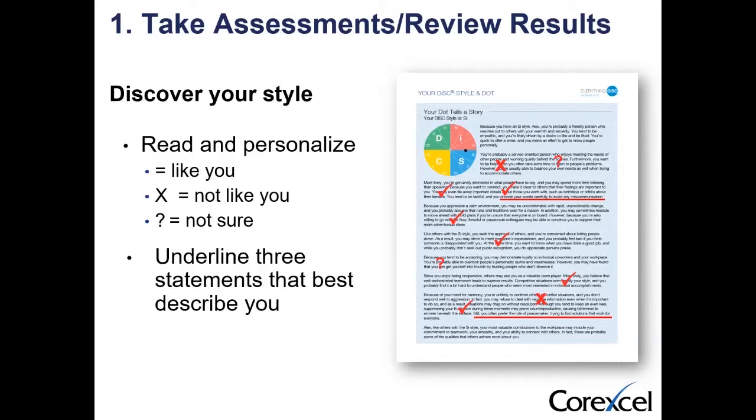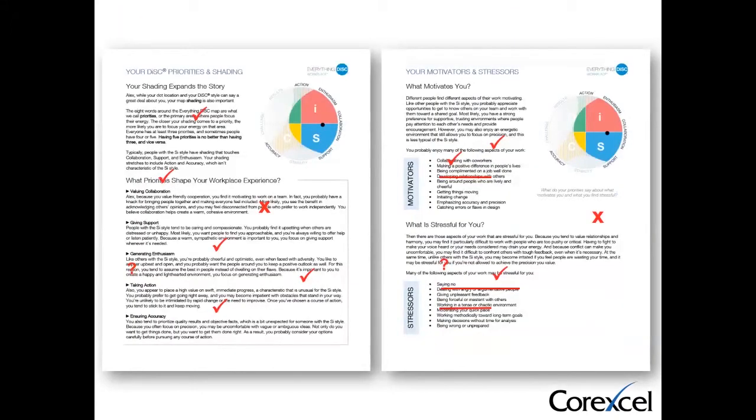So here's where you're going to start out asking participants, read through your profile, and when it begins giving you detailed narrative on the pages you see here, the sample pages, page 3, and it goes to 4, 5, and 6, they really want to check the areas they agree with, put X's in areas they disagree with, and question marks where they're not sure. And here's some following, again, sample pages that I referred to. These are the pages that talk about priorities, and then the page on the right is motivators and stressors. So again, where do I agree? Where do I disagree? Where am I not sure?